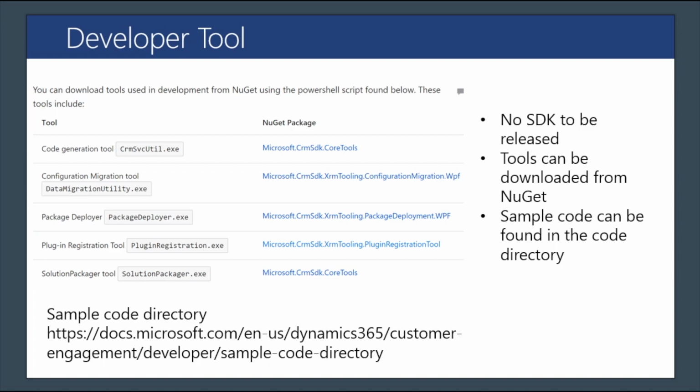You can pretty much now download everything from NuGet. You can actually find sample code as well in the code directory. And again, I'll give you the link at the end of this discussion today to our developer site that we call the Developer's Guide, but it is actually now a visual representation of the SDK. So as you can see here,